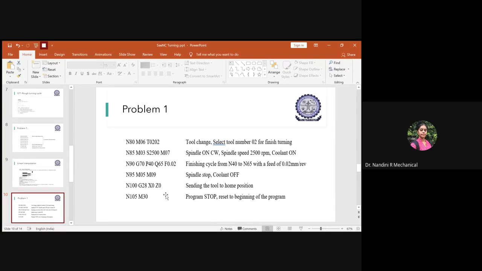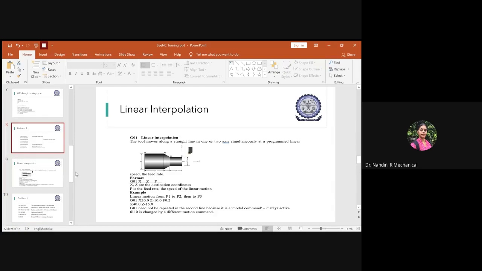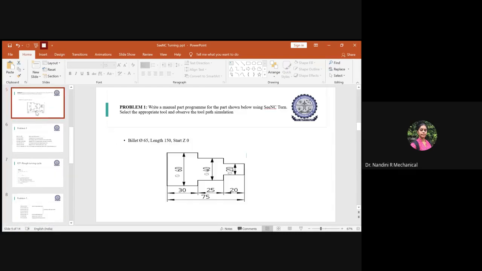So this is how you have to do a basic turning operation. Irrespective of any block or any dimension, if they give you in this way, you can easily write the part program by just using the rough finishing turning cycle and smooth finishing turning cycle, and you should be clear enough which tool you are going to use, and you should be good enough in writing a proper coordinate system.